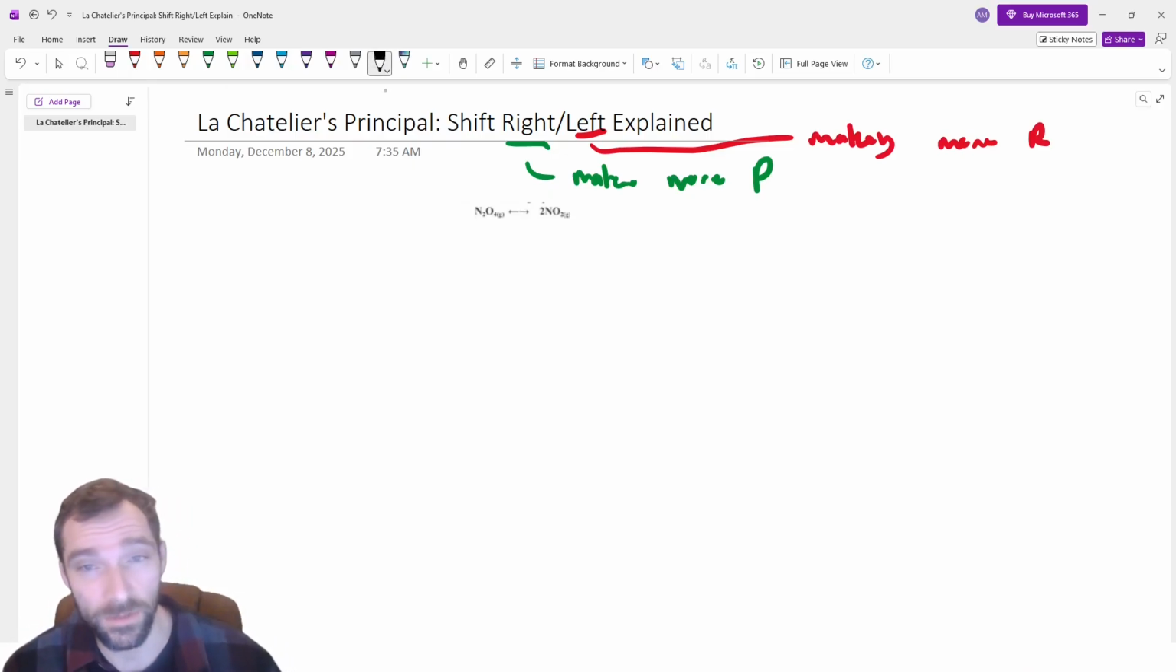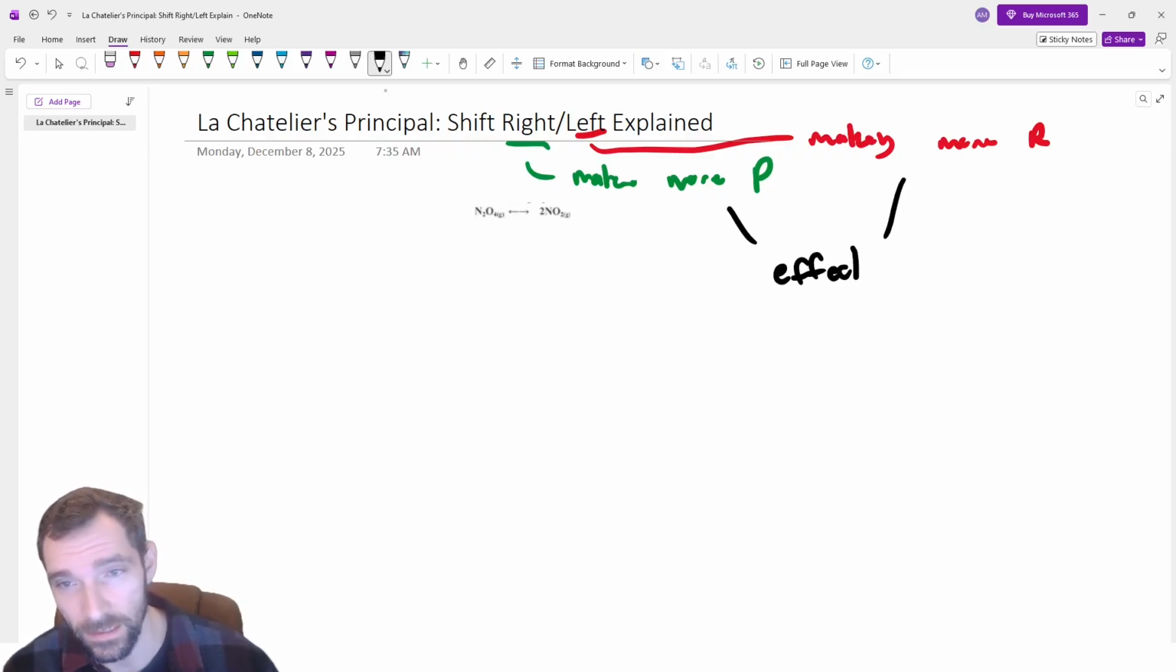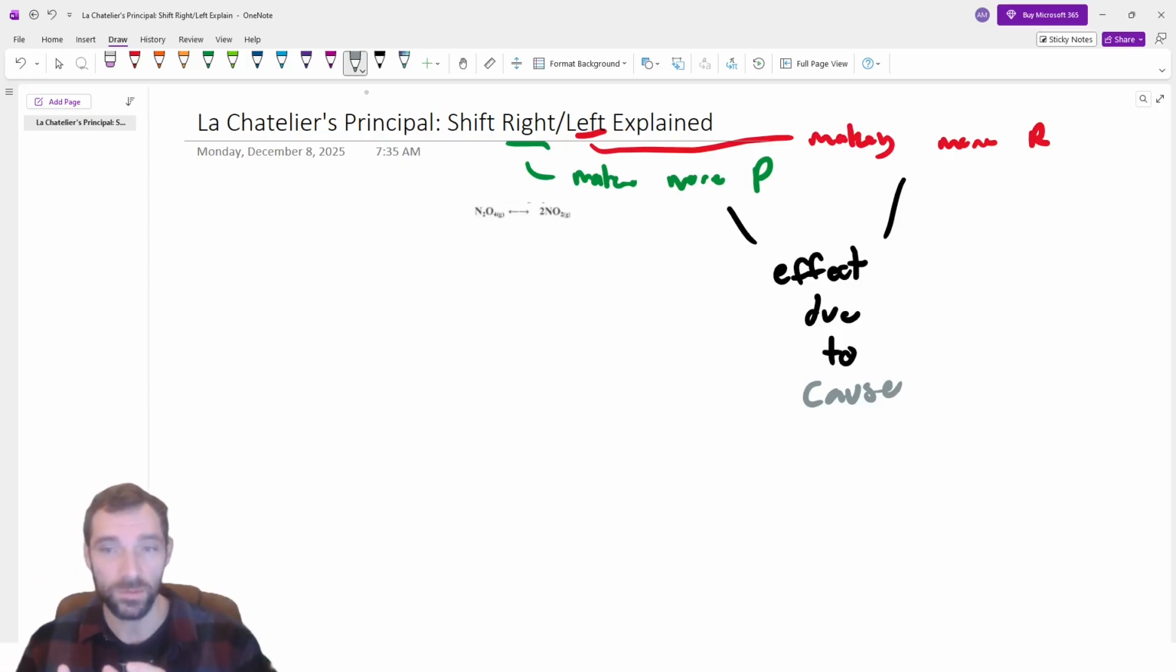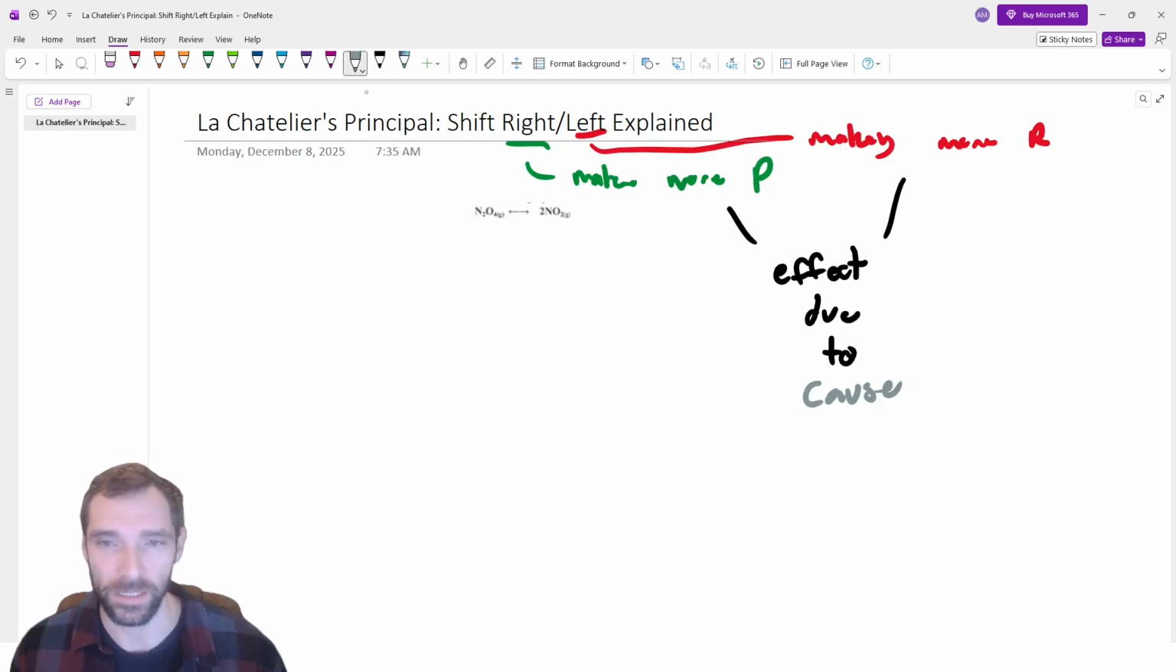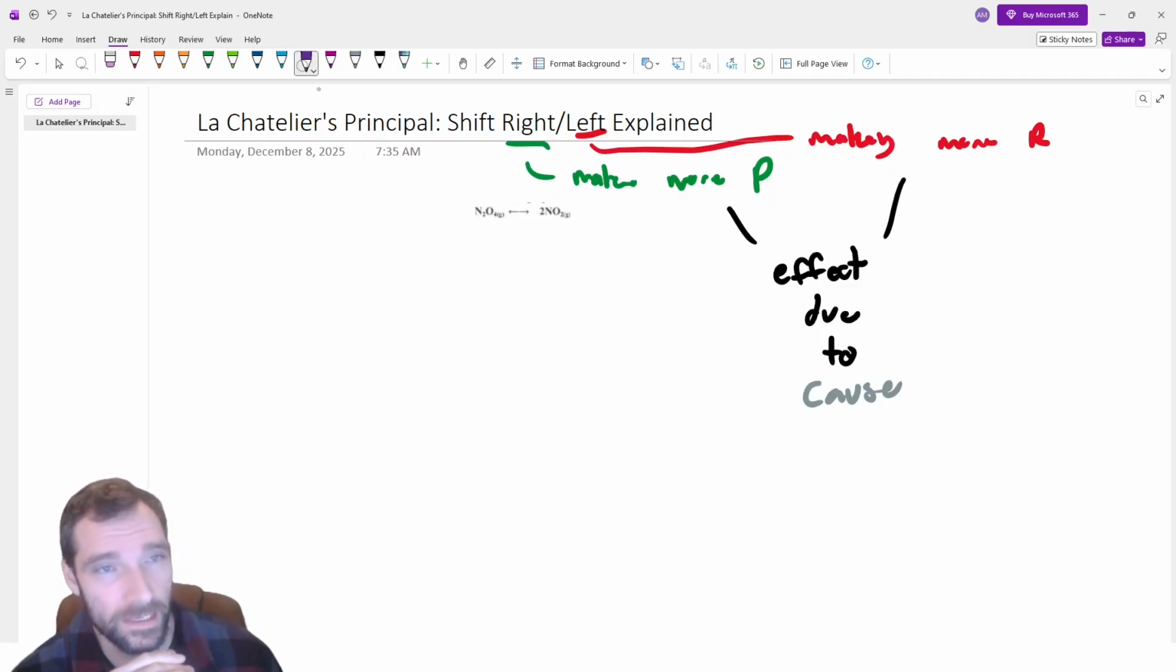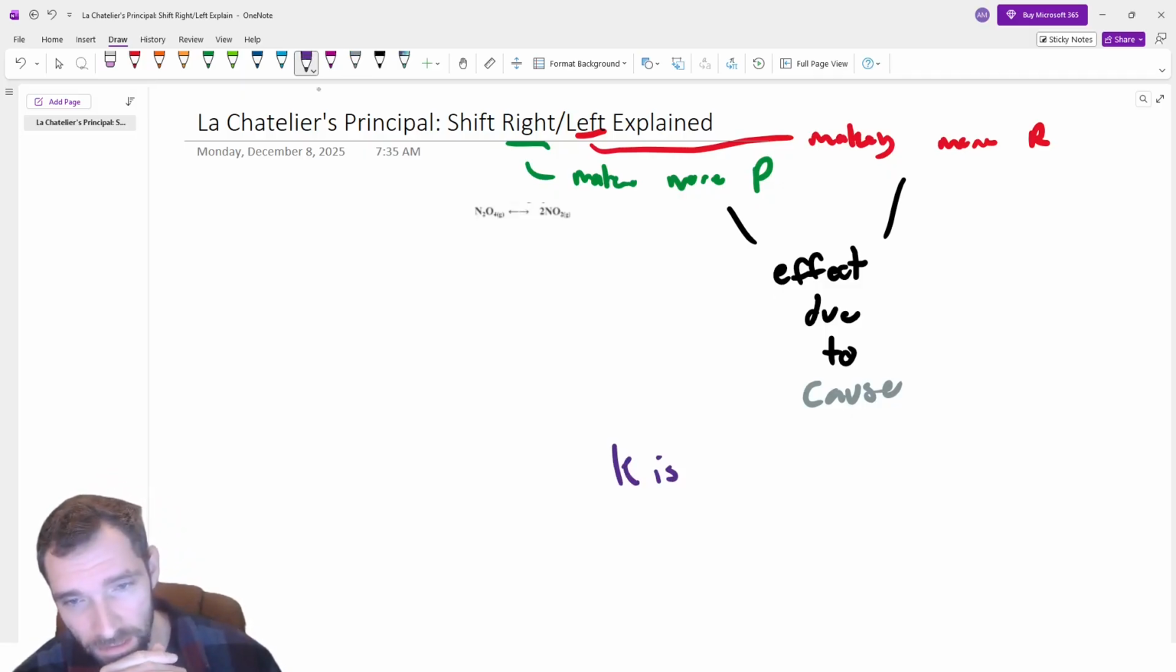So when we're talking about a shift to the left or the right, this is some sort of effect that is due to some sort of cause. So oftentimes you do something, there's a cause that's causing some sort of response, and you're going to move things in one way, and then the reaction responds by moving things back over in a different way. So the easiest ones to understand is, let's say that K is constant